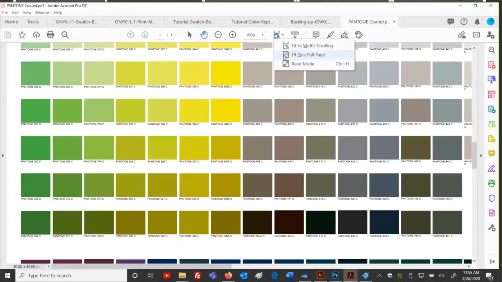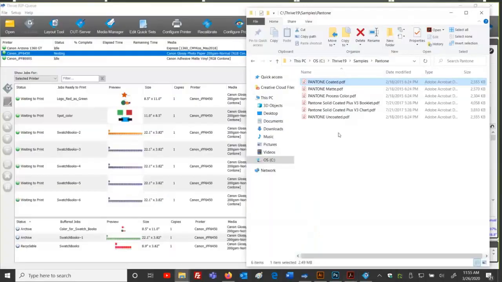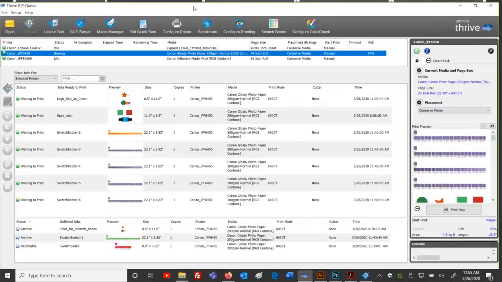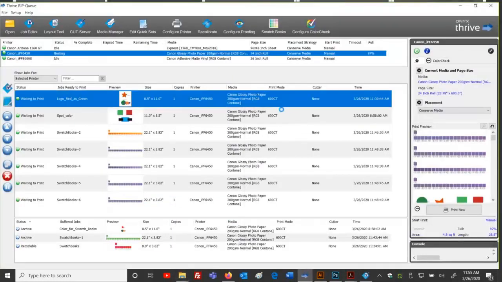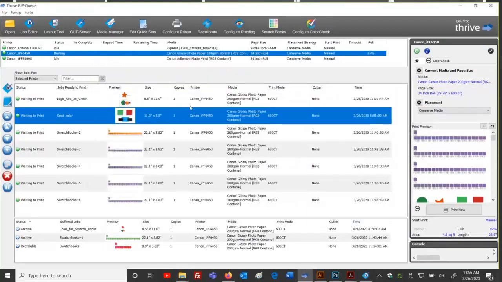And for some of you who maybe say, well, that's nice, or it's not a big deal, that's fine. You know where your color data is. You can still go through and rip and print other colors that are not Pantones, like our examples. I had that logo red and custom green in here. It's all about that being a spot color that we need to match and replace.